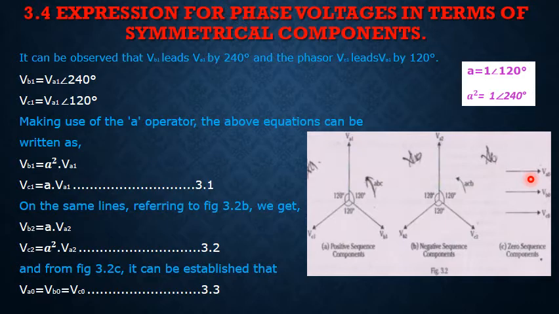And similarly for figure number 3, the magnitude of all the phasors in the case of the zero sequence component will remain the same, but there is no phase angle between them. So for that reason, all the phasors are equal to each other in magnitude. So VA0 will be equal to VB0, and